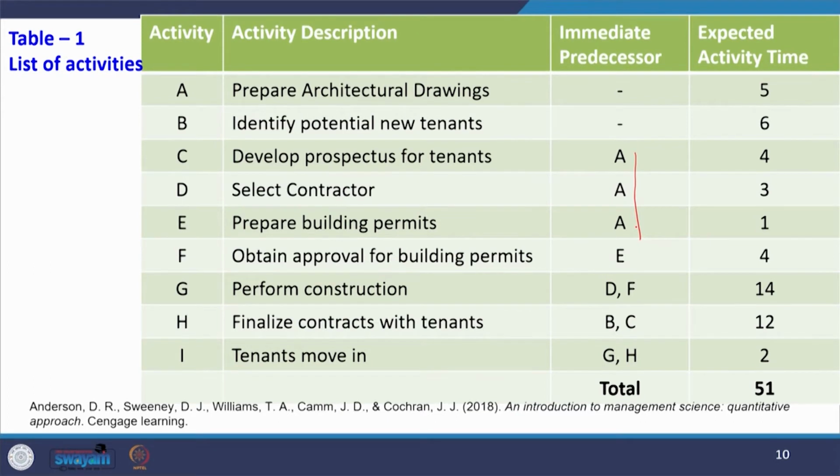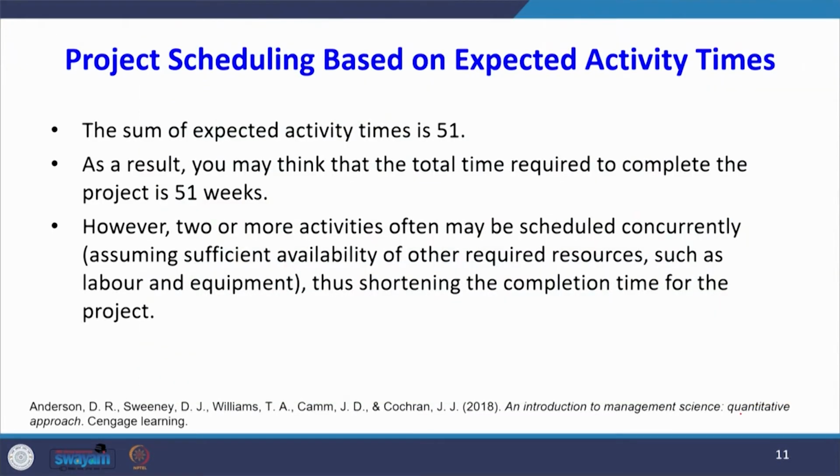Similarly, activity F; activity G has 2 predecessors, D and F; activity H has 2 predecessors, B and C; activity I has another 2 predecessors. When you sum all the activity times, the project duration is 51, and I think the unit is weeks. When you do all the activities one by one, it will take 51 weeks, that is the sum of expected activity times. As a result, you may think that the total time required to complete the project is 51 weeks,